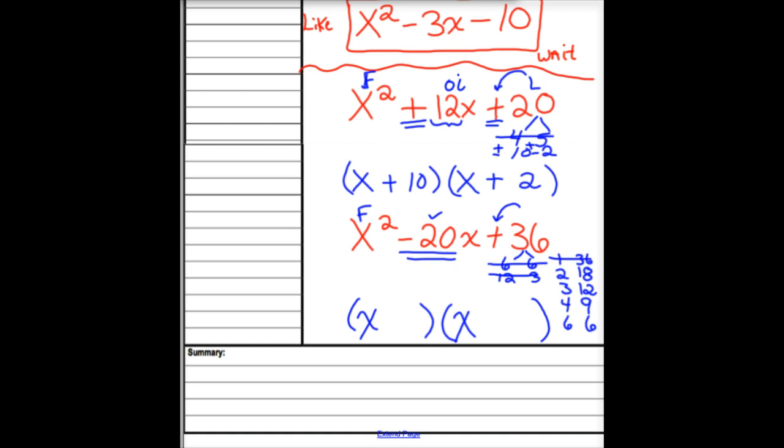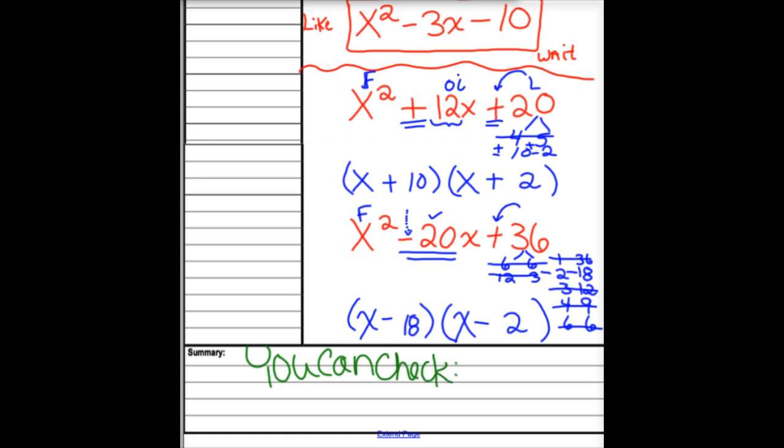No, no, no, no. I know my winning pair is 18 and 2. But in this case, I need to have a negative times a negative giving me that positive 36 because they need to add up to a negative 20. So it's a minus and a minus. Remember, and go ahead and write this down here, you can check